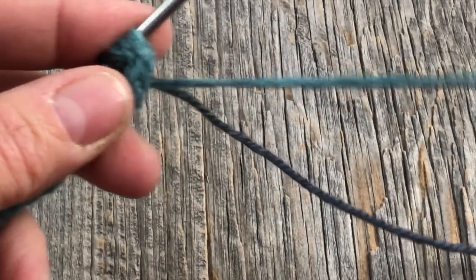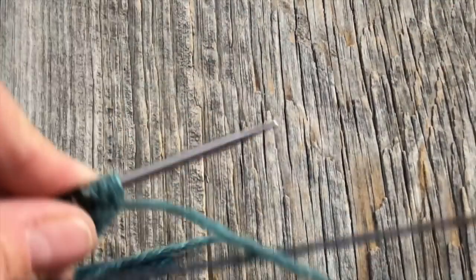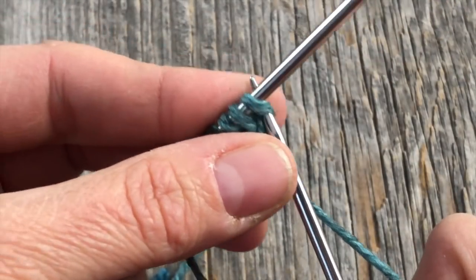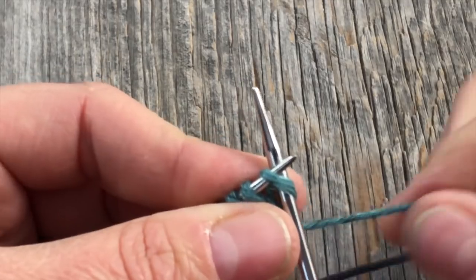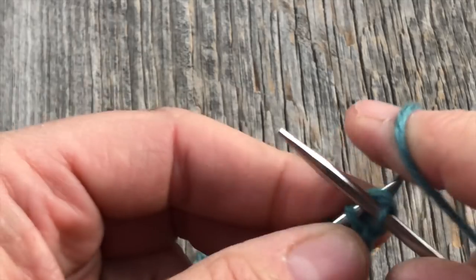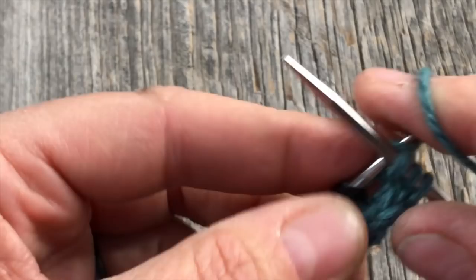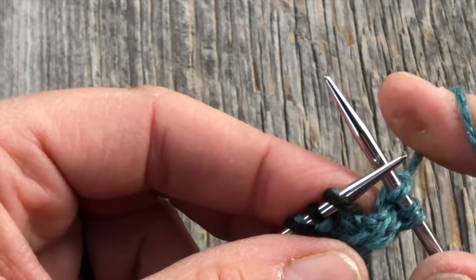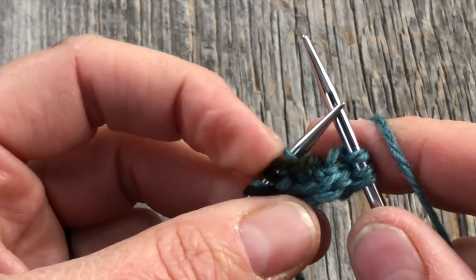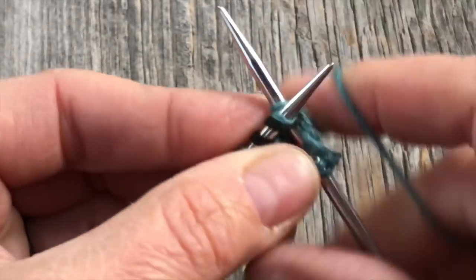So we're just going to follow the directions exactly. With color A, which for me is my turquoise, and I'm just going to make sure that that's coming off the back and nothing's tangled. Get this worked around here. My instructions advise me to knit 3 for my I-cord edging. All right, knit 3. Then I'm going to brioche knit this first stitch with its yarn over. I like to just hold down the tail a little bit. So brioche knit,